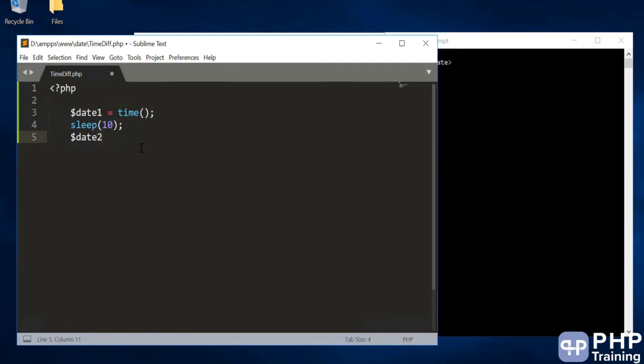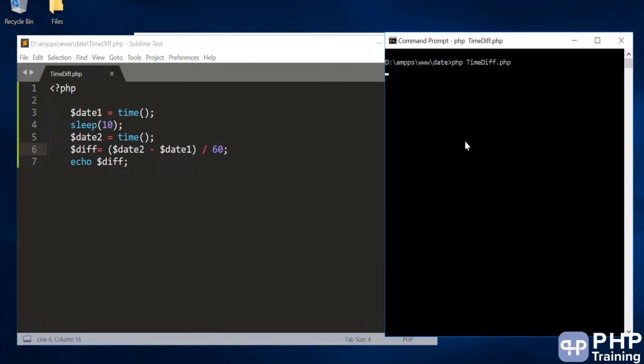We'll capture another time, and we will show the differences between the two into minutes, and then print the difference. Let's print this. You have to wait for about 10 seconds.